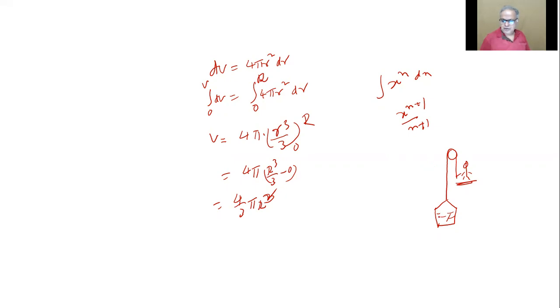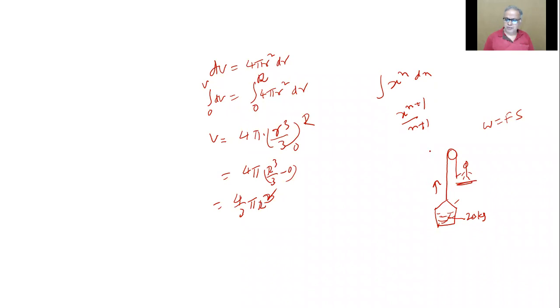The simple definition of work, don't you all know? Can I believe that you know that work is F into S? In a broad way, force into displacement. Have you heard of it? Yes, sir. So I'll apply a force equal to the weight of it to move it slowly up like that. Say, for example, you can ignore the mass of the bucket and say the water is 20 kilograms. Bucket may be light, doesn't matter.